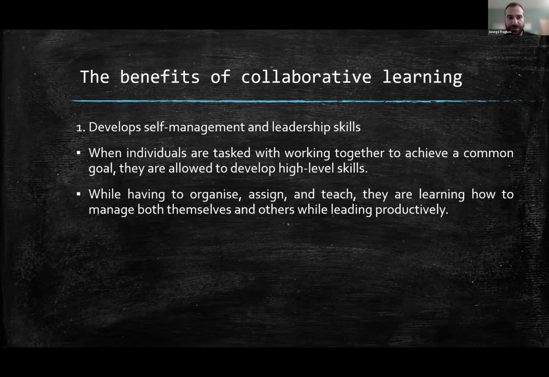What is exactly that? When individuals are tasked with working together to achieve a common goal, they are allowed to develop high-level skills. Also, while having to organize, assign, and teach, they are learning how to manage both themselves and others while leading productively, which is very important to learn when working in groups, especially in the next steps of your life, after that, in the labor market, etc. Even in your household, it's very important to learn how to work in groups, how to work and be productive